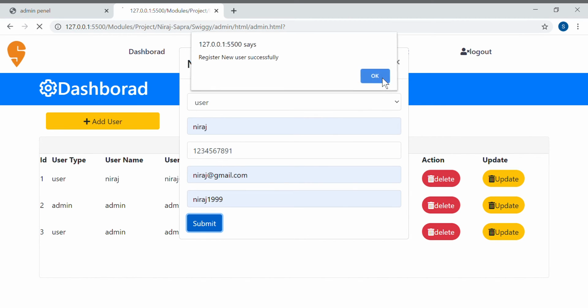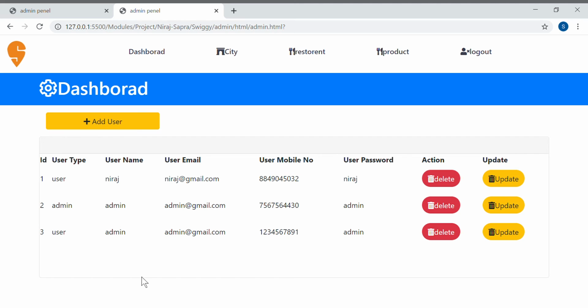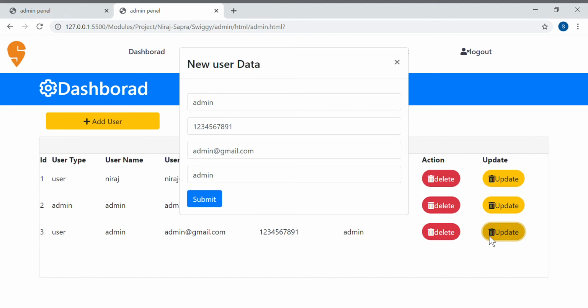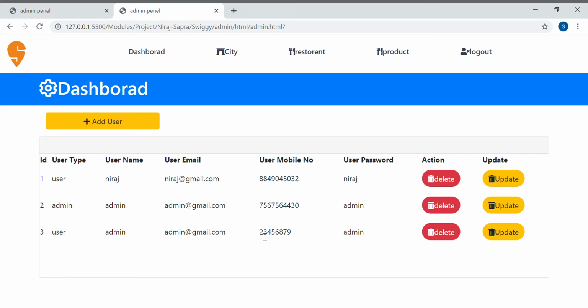So the new user is successfully created with id 4. Delete is also applied, and we create an update module. Here we can change the mobile number and submit. So the mobile number is also submitted, see the data is also updated.